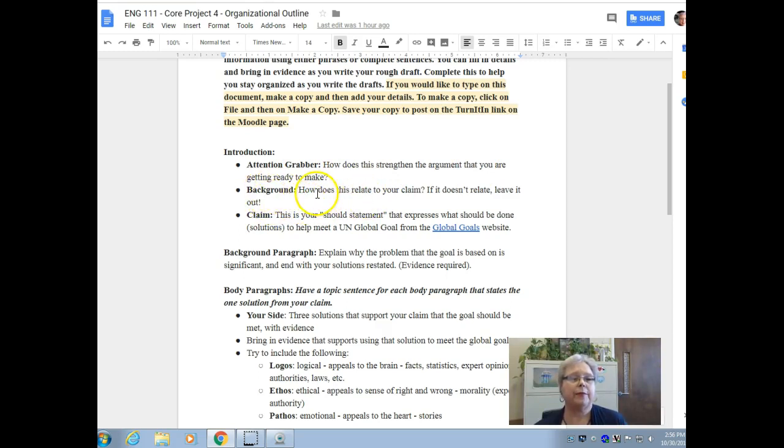Your background information, think about that. How does it relate to your claim? And if it doesn't relate, leave it out. So you don't want to put a whole bunch of information in there. You're going to have a background paragraph later on to put more information in. But right now, you're starting with something that's getting my attention concerning the goal that you're going to be writing